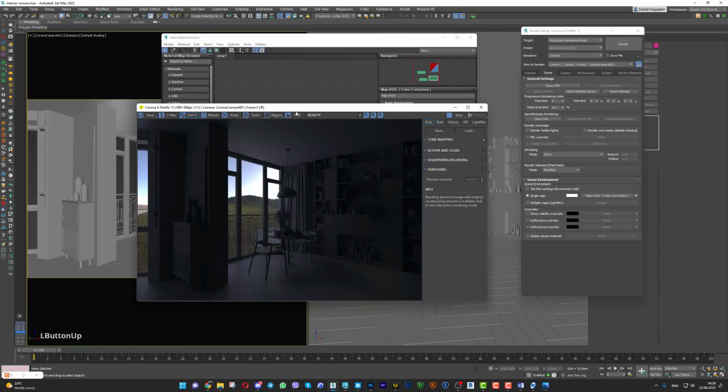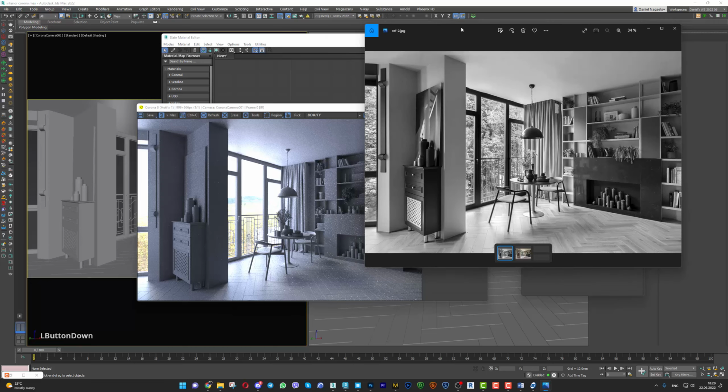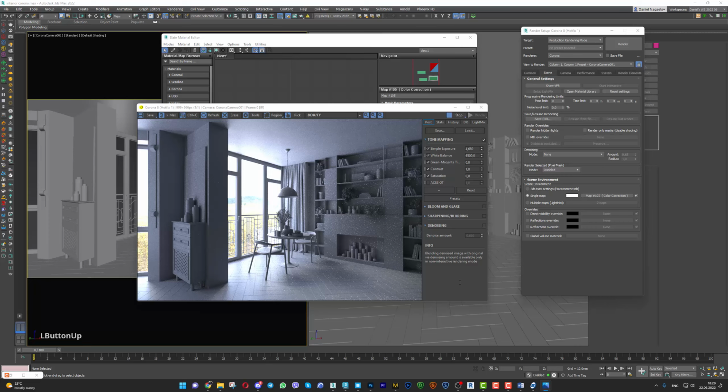I will make exposure higher, so I would like to receive lighter image. Probably the shadows should be almost exactly the same like here, maybe not so bright like here, but I'm not sure I need this yellow color of the light of the sun, of course behind clouds, but